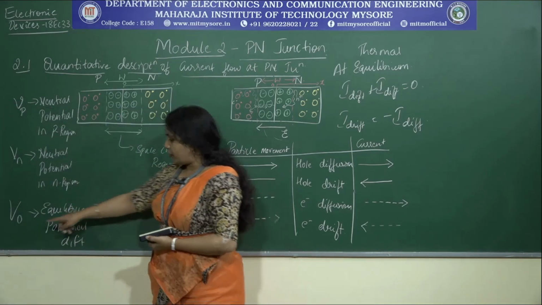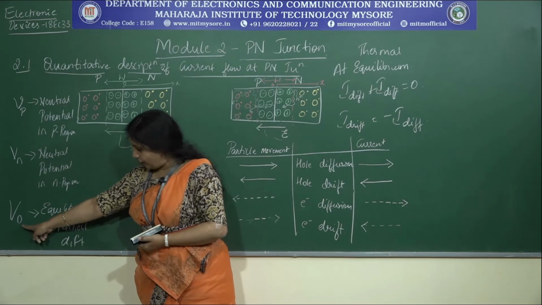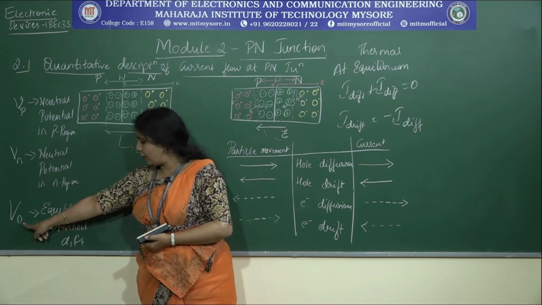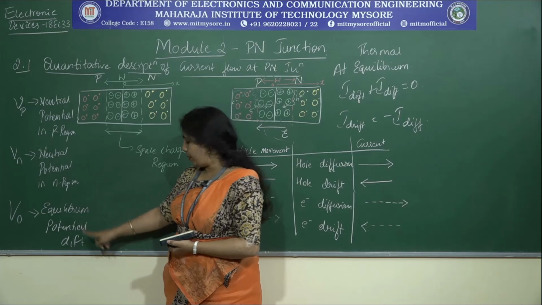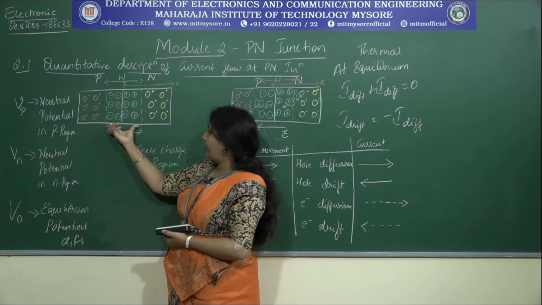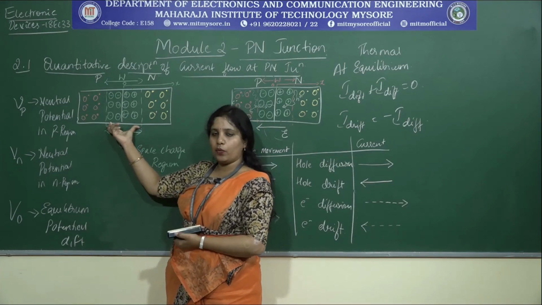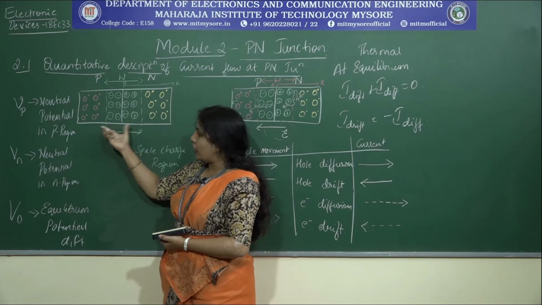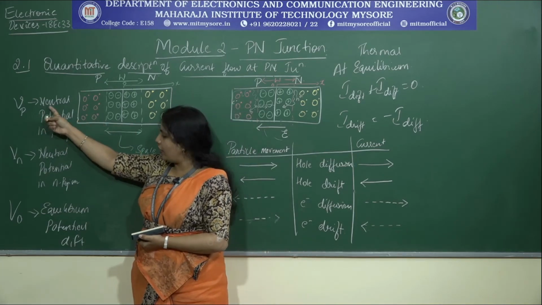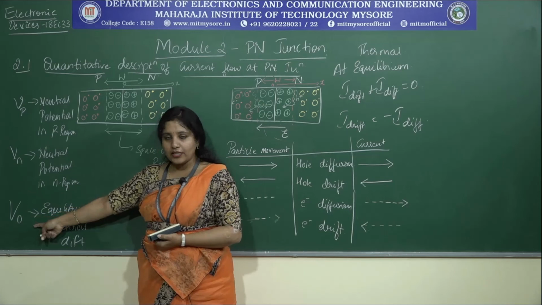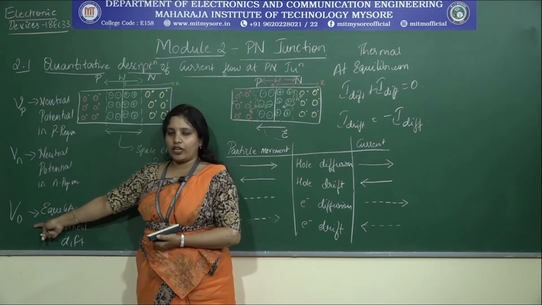So, there is another factor which I will try to represent. What is that other factor? It is V naught. And what does V naught indicate? It is the equilibrium potential difference, and that exists across the length W. Now, let us try to see how to represent this Vp, Vn and V naught levels in an electrostatic potential